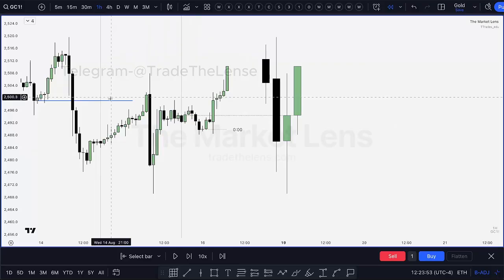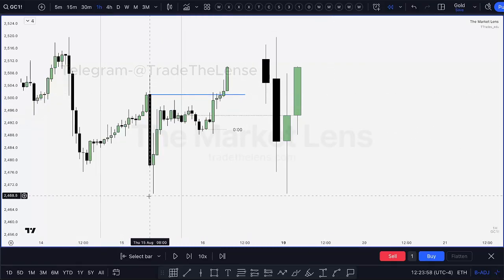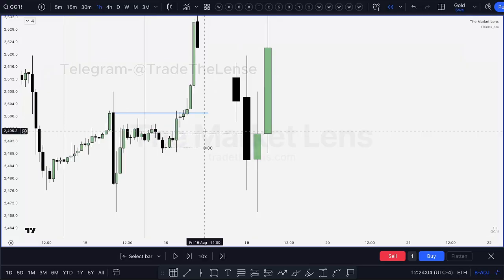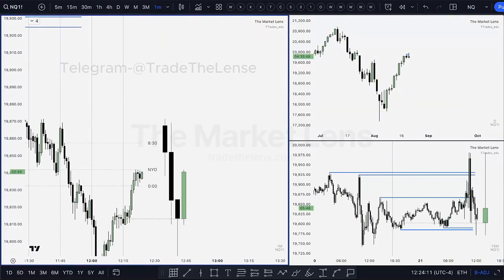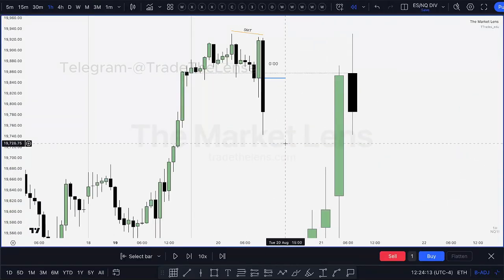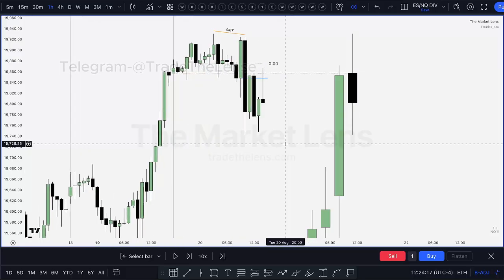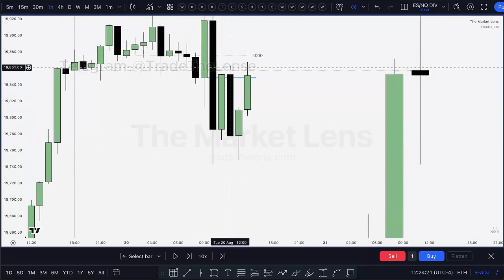Right here, we confirm that low, right? And you see how we get aggressive down. This isn't really great, but that's just the overnight session, and then close over, right? You see how the difference in structure there versus looking at something like, well, what tab was I on? Like NQ here, where we don't really get any follow through, right? And the fact that we came and closed or broke this high here is not what you want to see,